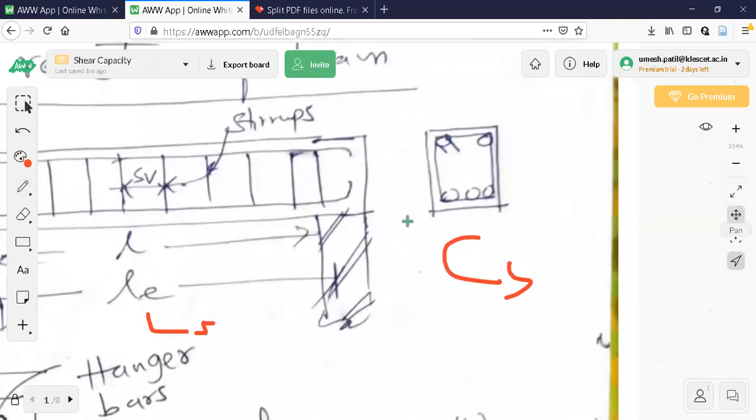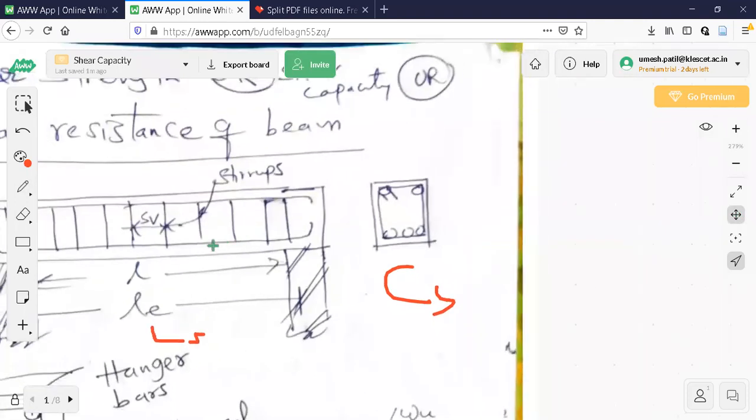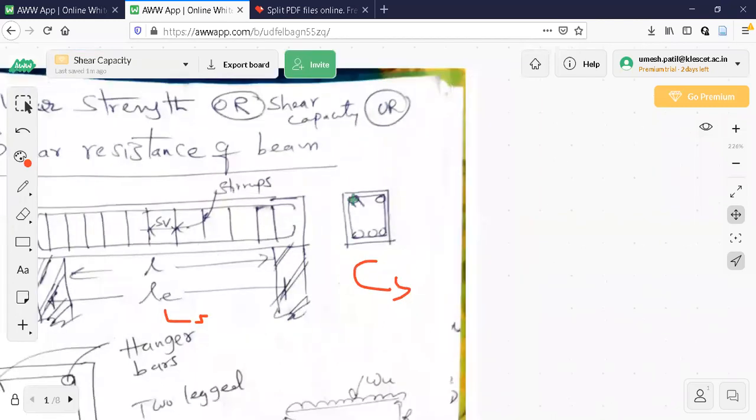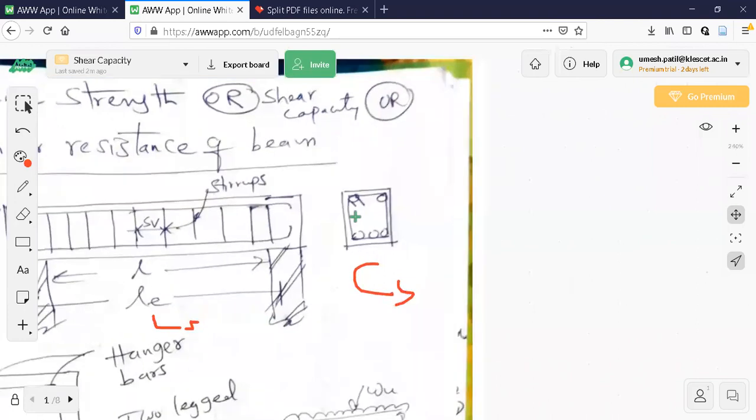You see this cross section, these stirrups are provided to increase the shear strength of the beam. Because even if you do not provide these stirrups, and you do not provide the steel rods which will resist the bending moment, the concrete will still have some shear strength, but that will not be enough. It means concrete itself, without any steel rods or stirrups inside, will have some shear resistance, but that will be very small. That will not be sufficient. How to calculate that also I will explain: how to calculate the shear resistance of concrete without any steel rods inside.